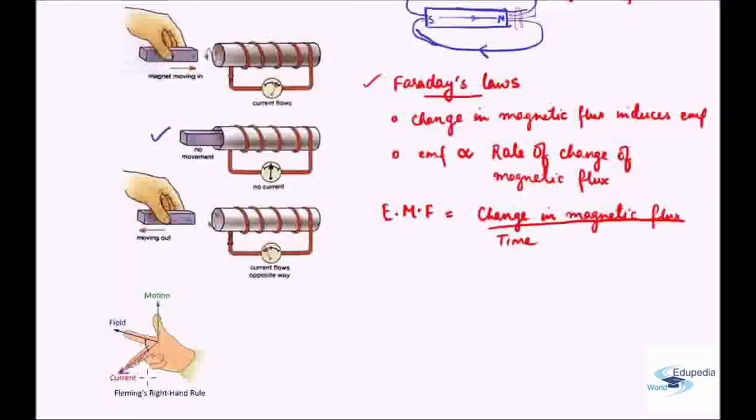So this simple law is known as Fleming's right hand rule, or alternatively it is called the generator rule. There is a second law. This is the first law. The second law, which can be used to determine the direction, is known as